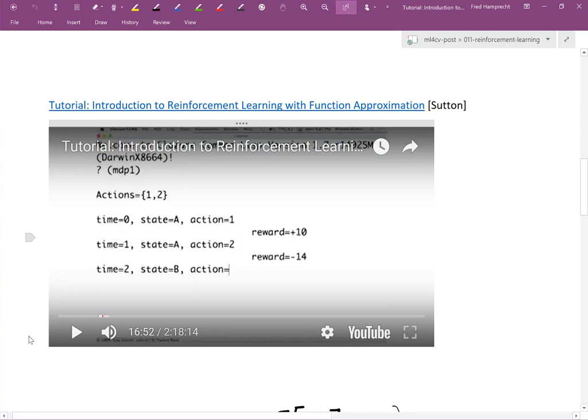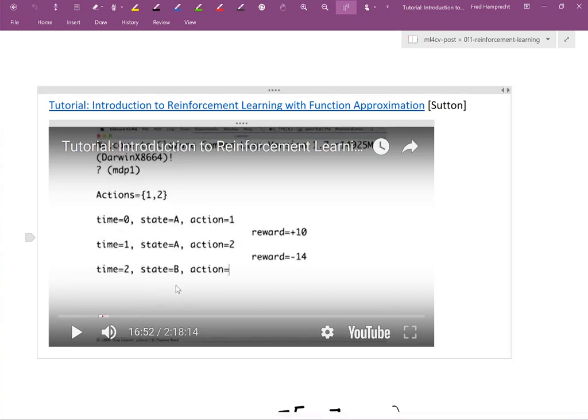And that's a good question, because now you see we are in state B. So even though the system may be stochastic, from our experience it looks like action 1 here is better than action 2, but this is if we're in state A, it need no longer hold when we're in state B, and so on. So the system does not know the immediate reward associated with the decision, and it also does not know as a consequence of its action what will happen, if it will transition back to state A or if it will stay in state B and so on. So everything is unknown to the system.